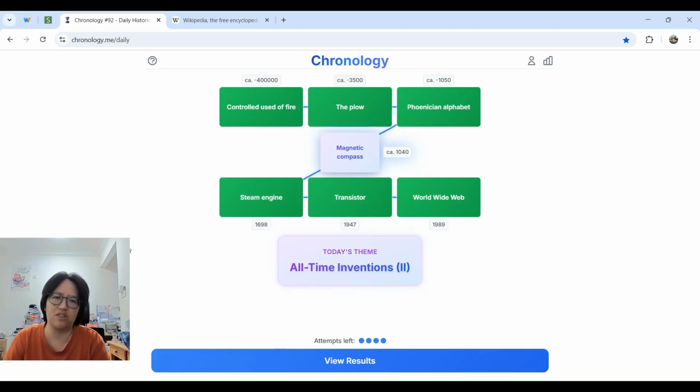I think today's one is relatively easy. There are some days where it's a little bit tougher, I think. I don't know. Haven't played this in a while, so I don't know generally what the difficulty is like, but today's didn't feel that tough. If you know your stuff, it should be okay. As I said, I think the only tricky part is the plow and the alphabet. Those 2, maybe, if you're not too familiar with that. But if you're a history buff, it should be no problem for you, like a walk in the park, right?